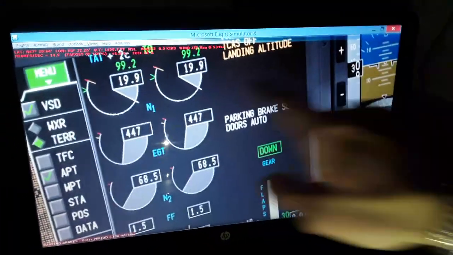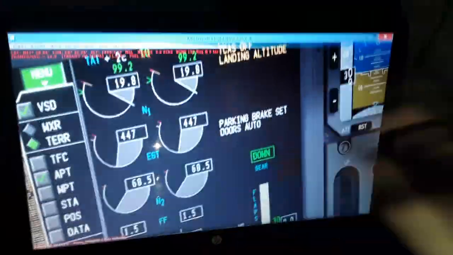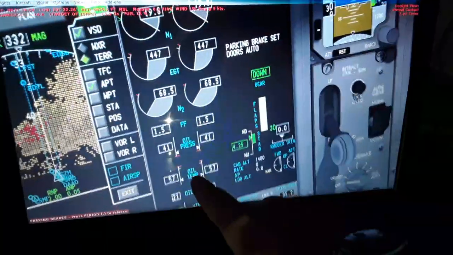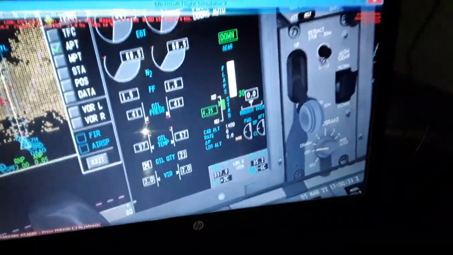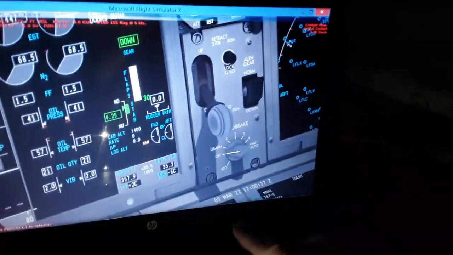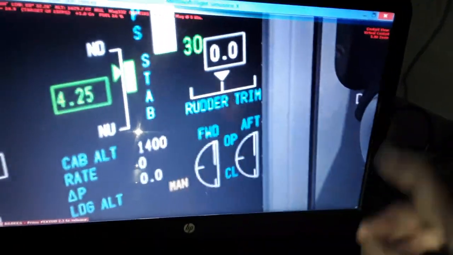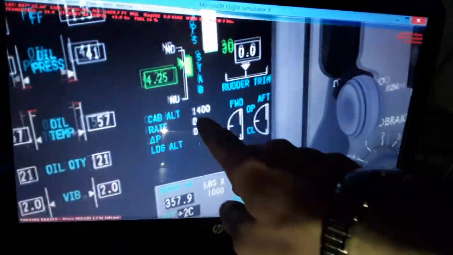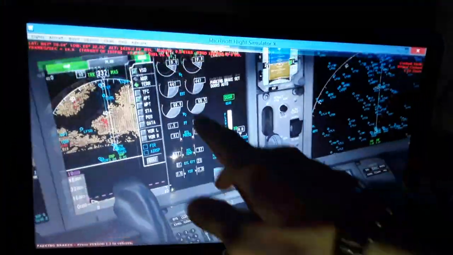Low speed starter and high speed starter, and fuel flow per 1000 pounds, oil pressure, oil temperature, oil quantity, and the vibration of the N2 stage of the engine. We have the outflow air also. It's applied usually from the 5th and the 9th stage of the outflow valves and from the engines,